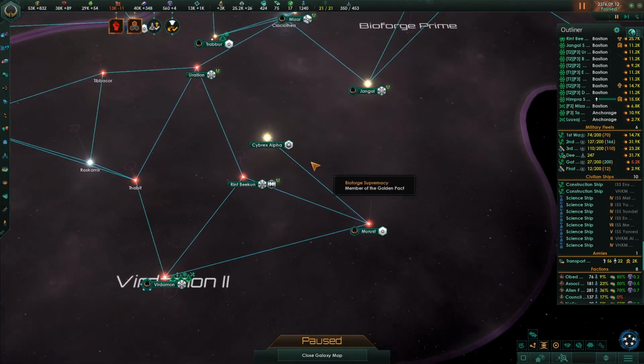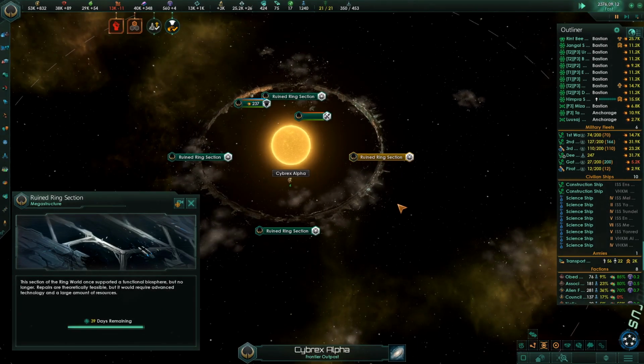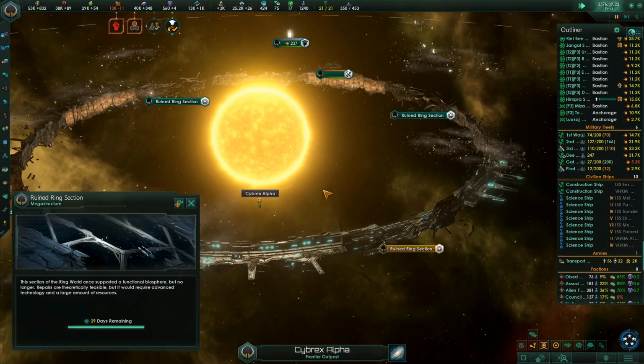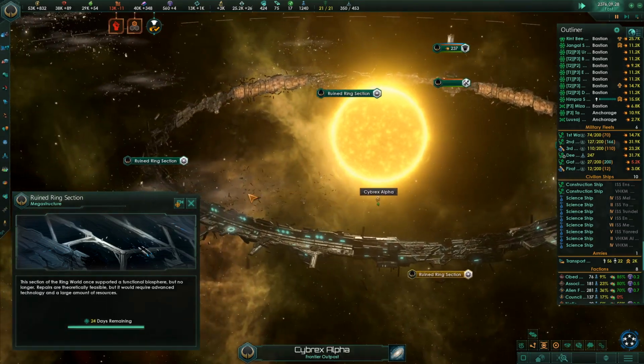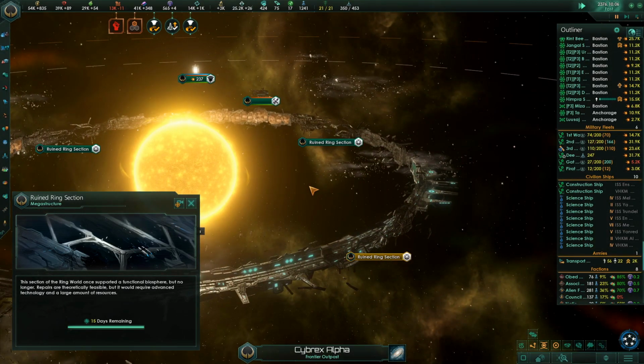Let's go back over. Where are we on? 39 days. Building this out. Oh, this is so neat. Ships upgraded. So it's going to take a long time to do this whole thing. But